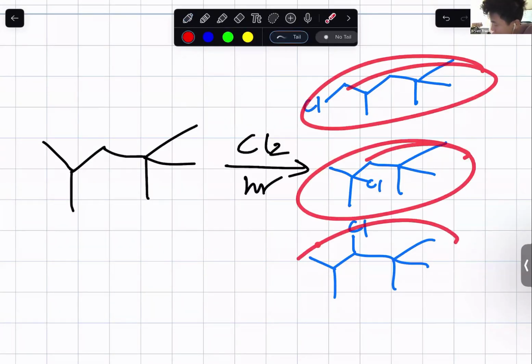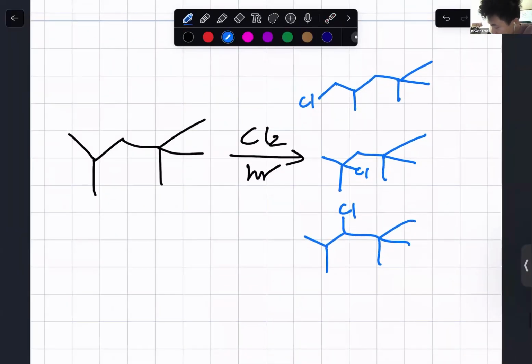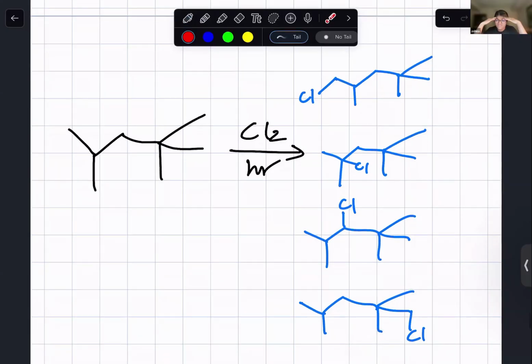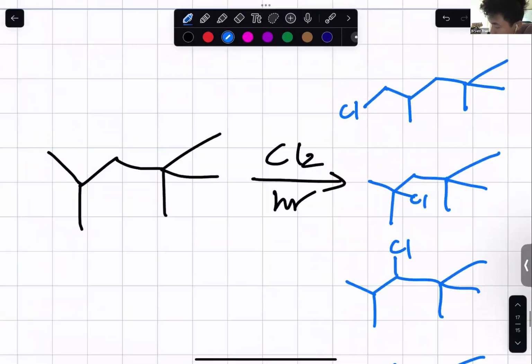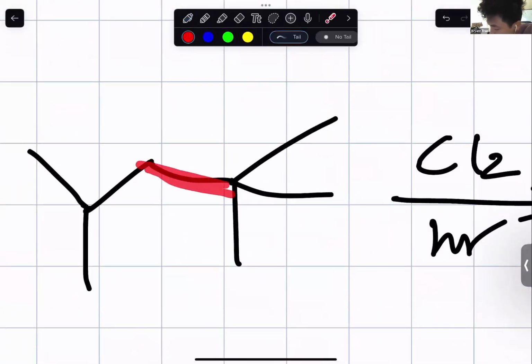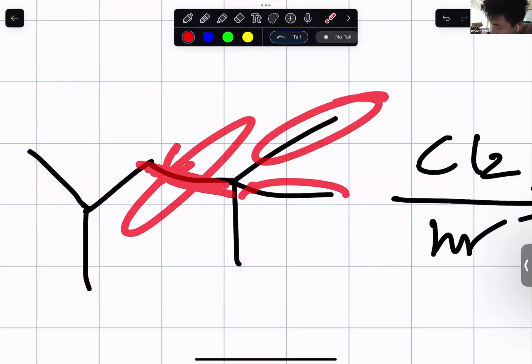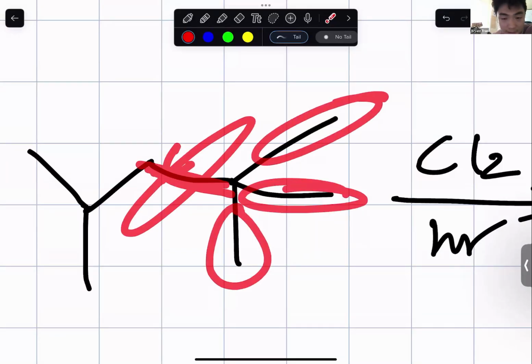1, 2, 3. There's one more here, and that would be from adding it to any of these methyl groups. Like it could be like that. But if you added it from here or here, it would be the same thing. Oh, okay. And that's because this bond right here is a sigma bond, a single bond that has free rotation. If you rotate that, these 3 methyl groups can rotate into each other's spots. Right. So that's why if you put any chlorine on any of those, that would be the